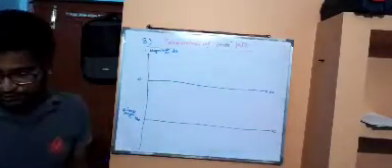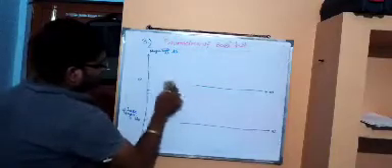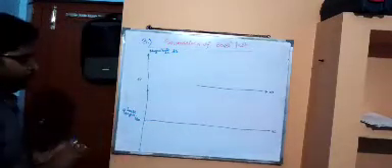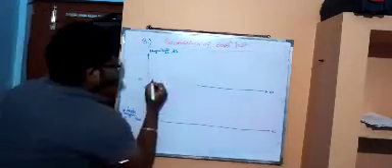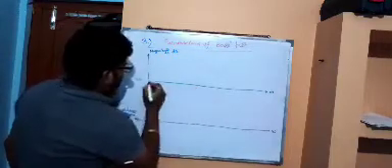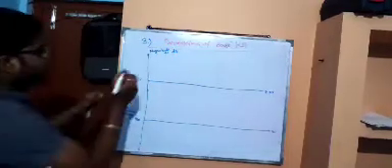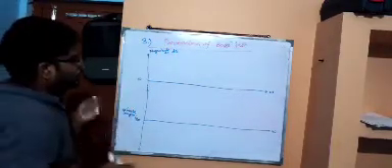Now the Bode plot we are drawing considers the standard transfer function written in the first point. So the first line is the 0 dB line. We are considering the first line as the 0 dB line.